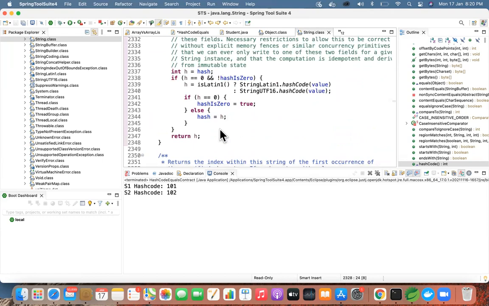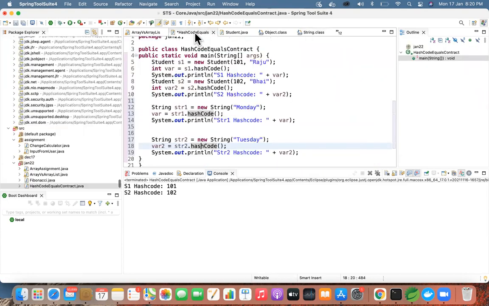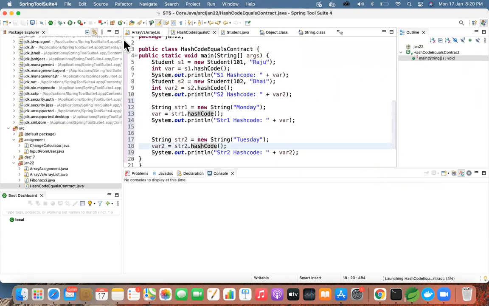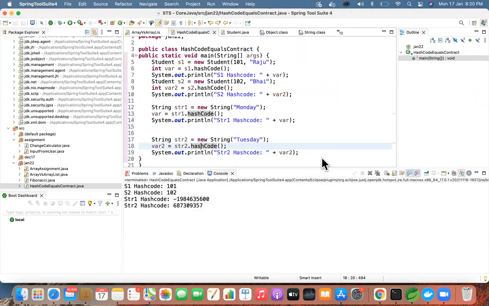So how we had our own logic in student.class by returning employee ID or student ID, the same way they had their own implementation in string class. So now if you execute your program, the hash code value which you received is something different based on the implementation logic of that string class. So what is the difference between this hash code as well as object creation from your literals? Let's see that as well.